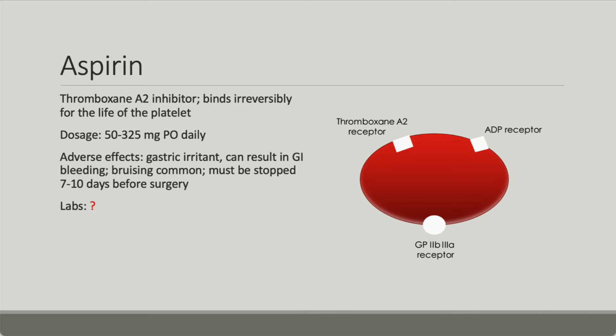For all of these drugs, we're going to talk about the laboratory test that you use. Well, I have a question mark here because we don't really have a laboratory test for aspirin. We give it, we know that it's poisoning the platelets, and we know that it works, and have a nice day. We don't have to measure how much of an effect the aspirin had. We just know that it binds irreversibly to the platelet. Thank you very much. That's all there is to it.